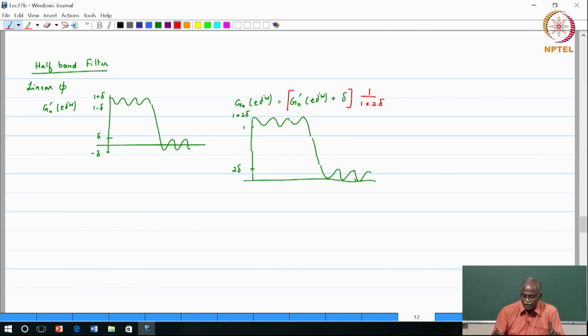So, basically what will happen is the peak will become scaled to 1, and everything will fit together. Yeah. Sir, what about the phase? So, that is why I said I am taking a 0 phase response. So, when you take linear phase functions, you can write it as h naught of z as e power minus j omega n by 2 and then an amplitude term. So, I have taken off the e power minus j omega n by 2 and only working with the amplitude term, right. So, that is why easier to explain it in the context of a